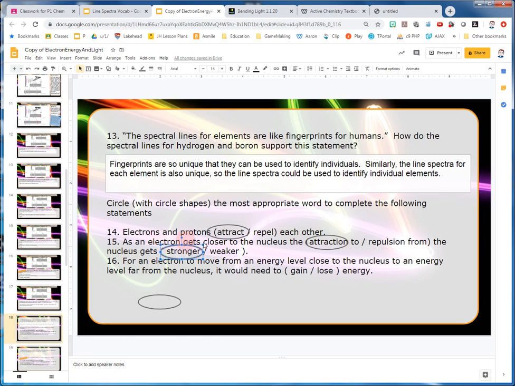So the electron is negative, and as it gets close to the nucleus, it's closer, so it's pulling. They're both pulling on each other more. For an electron to move from an energy level close to the nucleus to an energy level far from the nucleus, it would need to gain or lose energy. Gain or lose. Well,